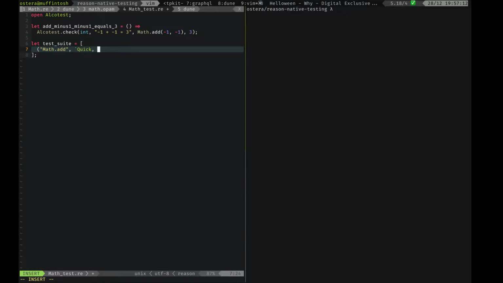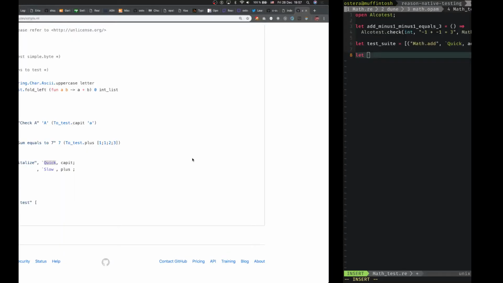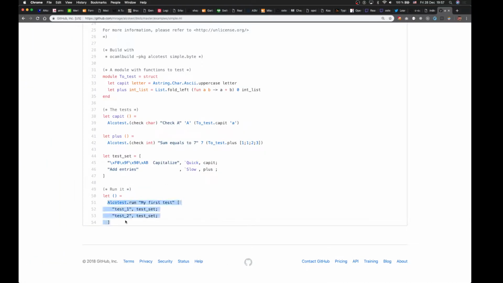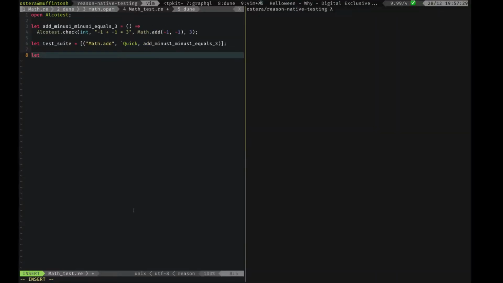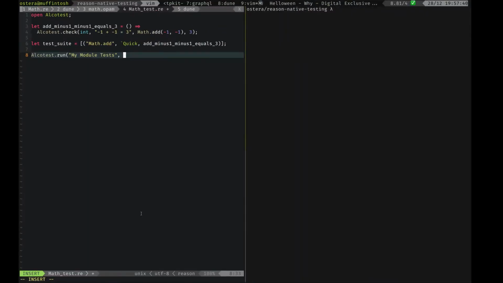Let's say quick, and the last thing will be the function that we need to run. There. So now that we have our test suite, we can run it. And we do this by just saying alcotest run my module tests, and then we give it the test suites. So suite 1,